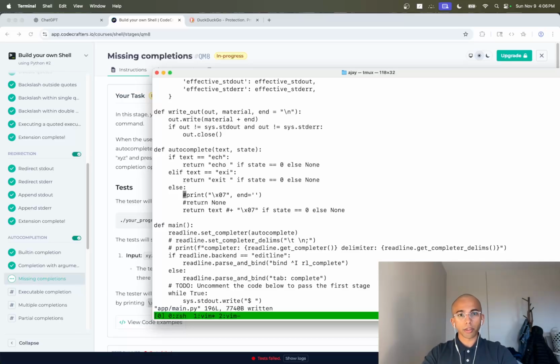So it's probably going here, right? It's going in this branch, and whenever I press tab for text that doesn't match ECH or EXI, it's going to go into this branch. And then, since I'm returning text,